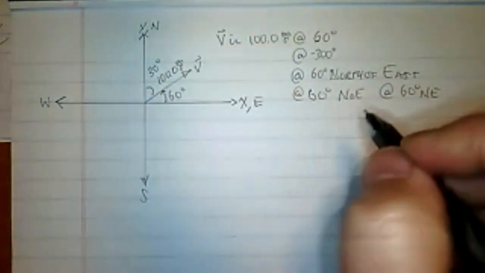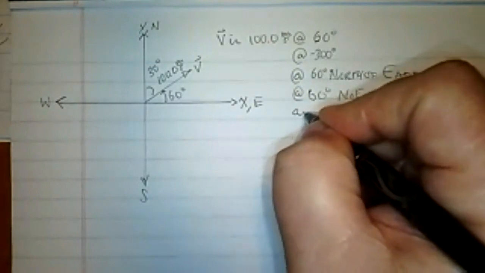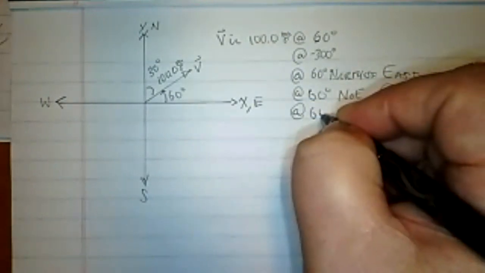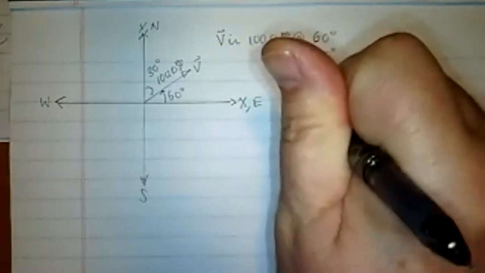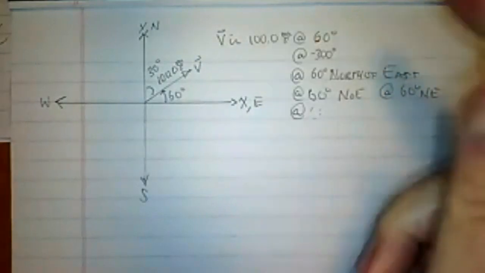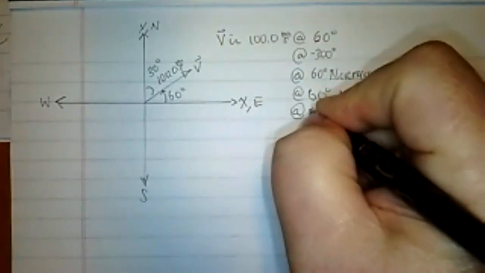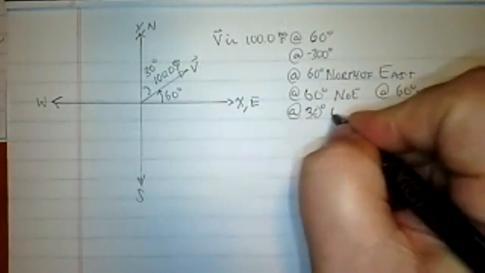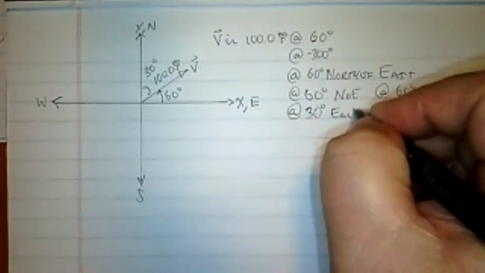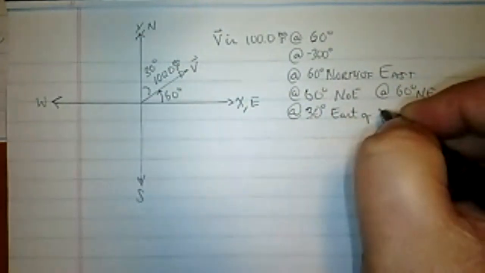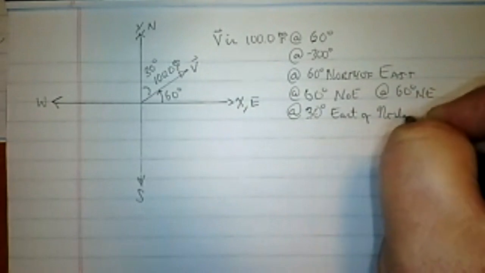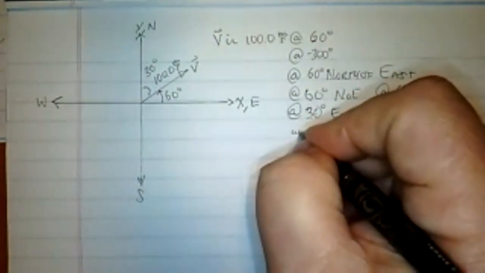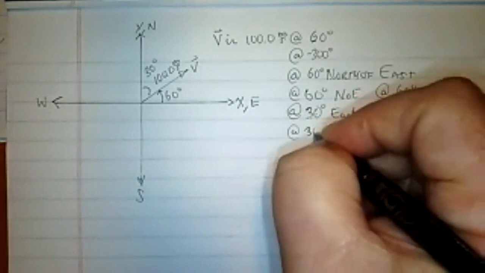so these two have to add up to give you 90. That one's 30 degrees. So I could also say this exact same vector is 60 degree, or excuse me, is 30 degrees, and that 30 degrees is actually measured east of north. So in that case, I'd say east of north, which of course would also be 30 degrees